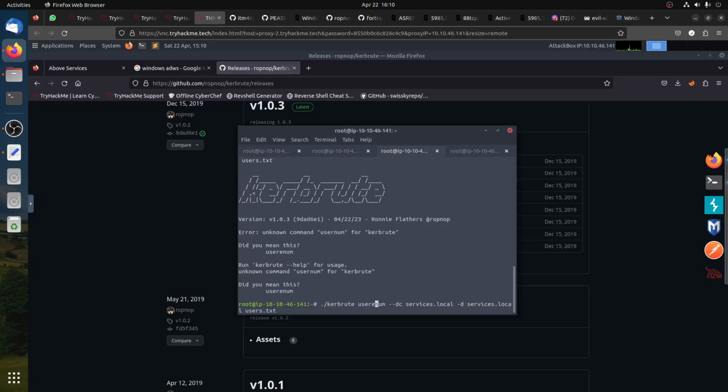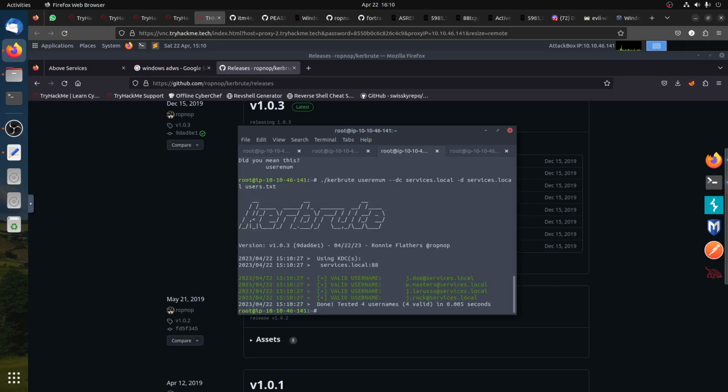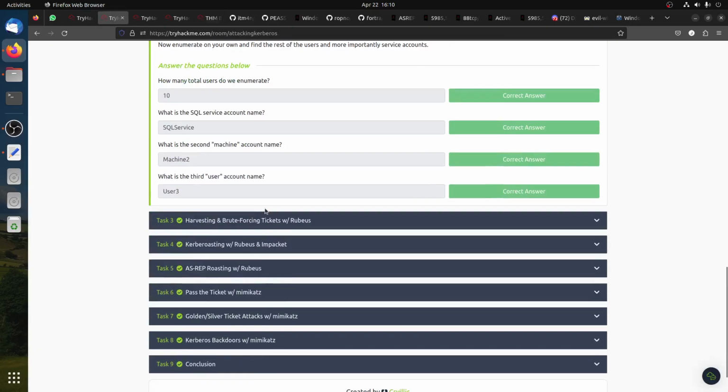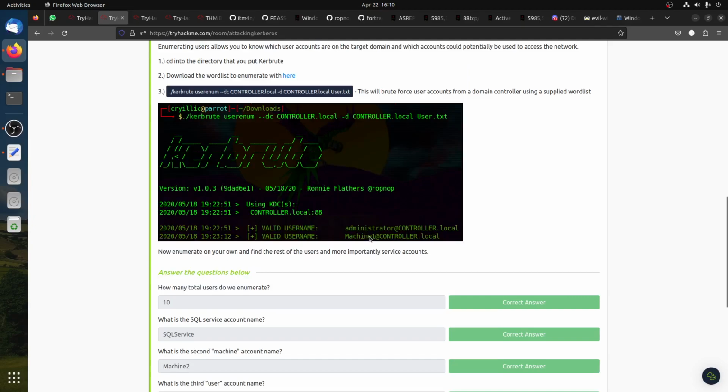User enumeration. Okay. So now we can confirm they're all valid users. Okay. So I said I have a problem with this command. That's why I didn't want to use it. I think in this room they just say okay, it's valid. So